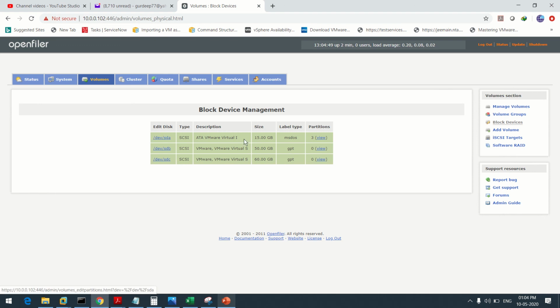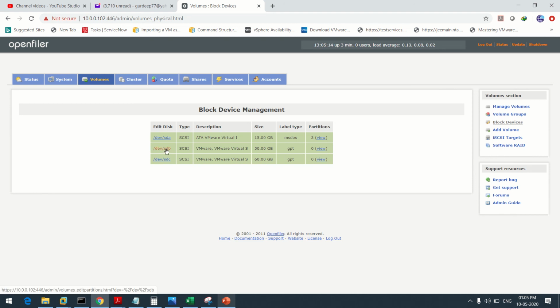SDA is meant for MS-DOS. It's 15 GB. This disk contains the swap space as well as the data for the booting of this machine. So we can use SDB and SDC for data stores. From the 50 GB SDB and 60 GB SDC, we are going to create the physical volume.